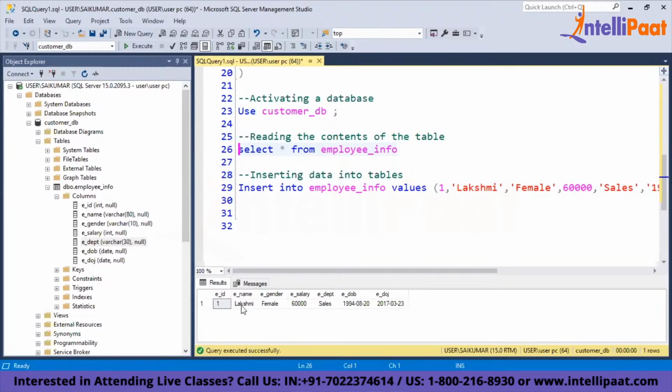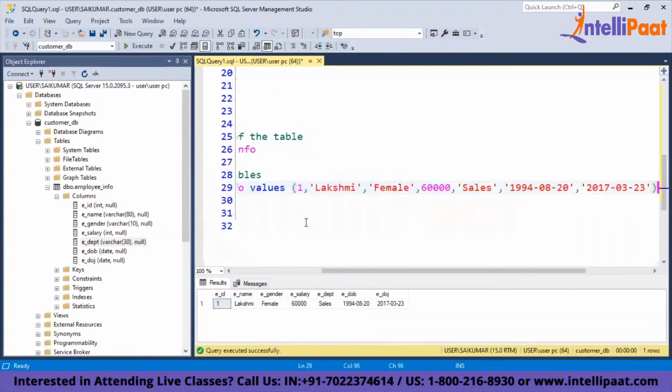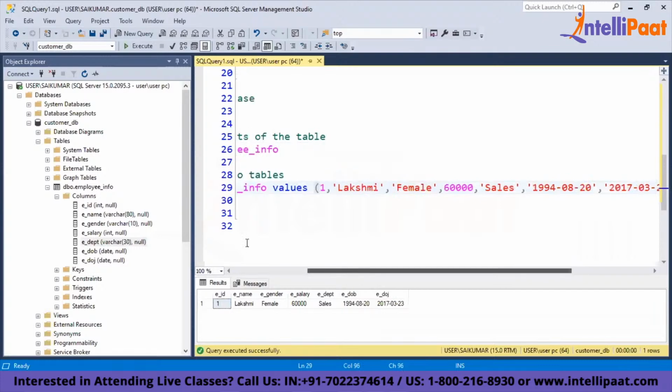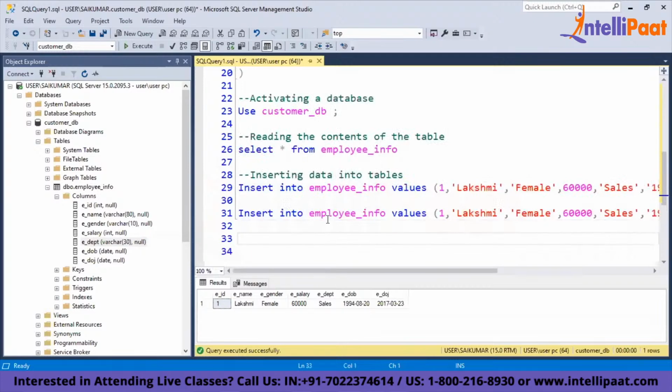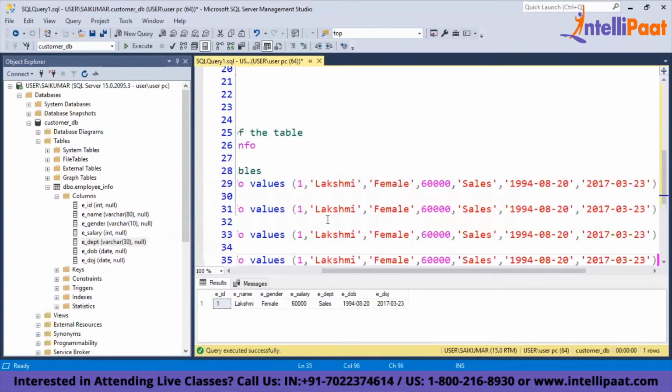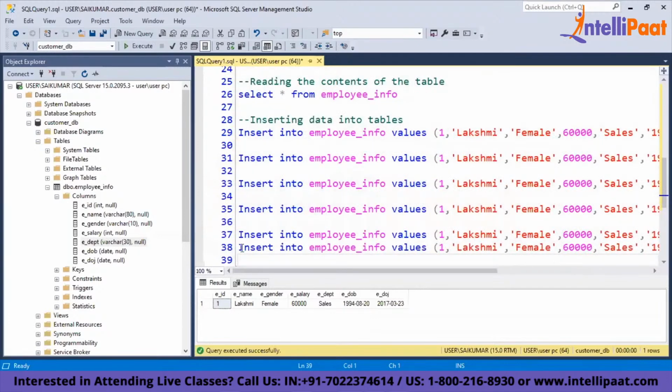The table has now been populated with one record whose ID is 1, name is Lakshmi. She's female, and she draws a salary of 60,000 and belongs to the sales department, with her date of birth and date of joining. So in this manner, using the insert into statement, we can populate the table that we had created. If you want to further populate this table with many records, you can just copy paste this syntax and change the values. Let me populate this table with at least 4-5 rows, so that we have enough data to work on